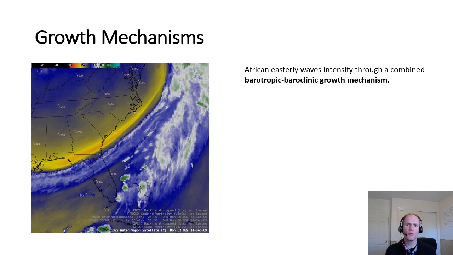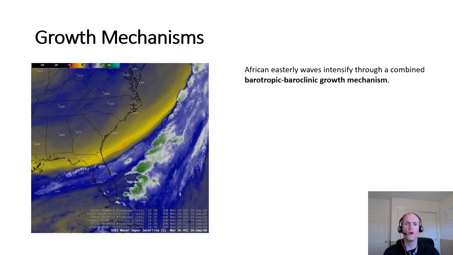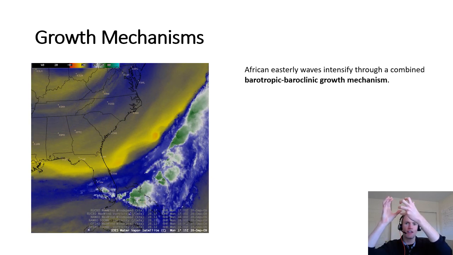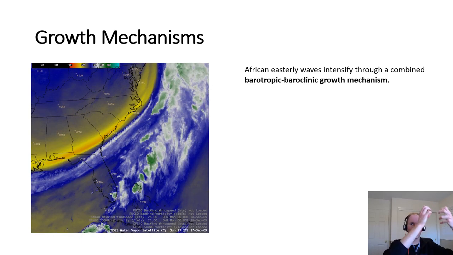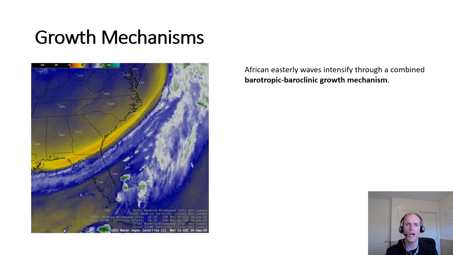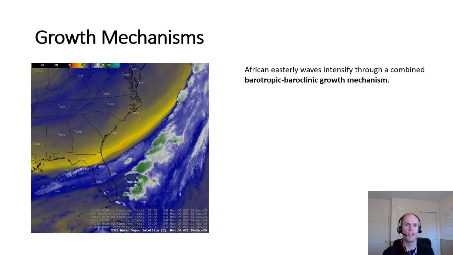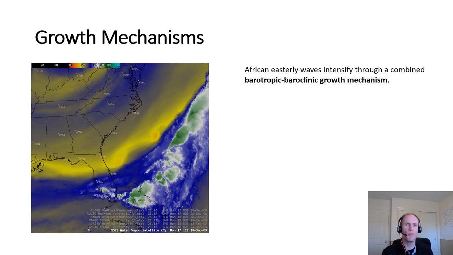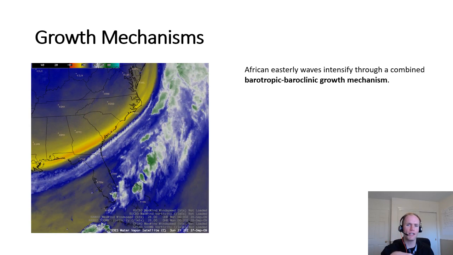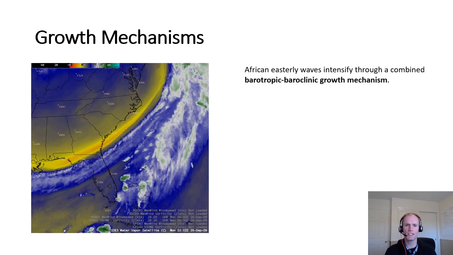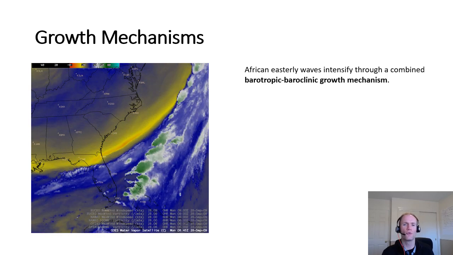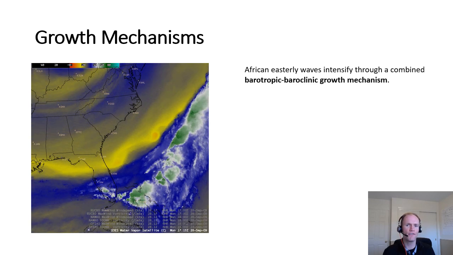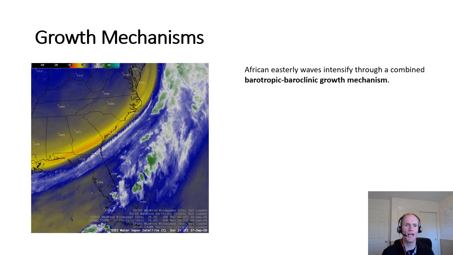So we can discuss a little bit about how African easterly waves grow once they've initiated. In the previous slide, we saw this series of active convection, weak convection, active convection, weak convection. And that certainly helps to maintain the African easterly waves. But if we think about it in terms of dynamical forcings, there's a combined barotropic and baroclinic growth mechanism. And I don't expect that you all have heard about either one of those yet, so I'm going to try to give a little bit of a primer on what these two are in a very generic, very much non-mathematical